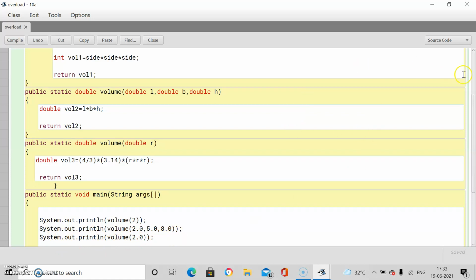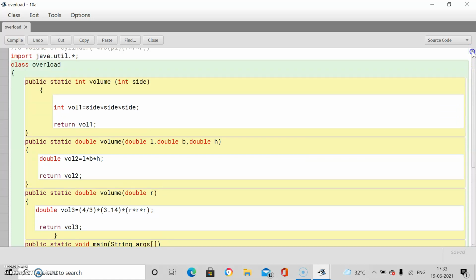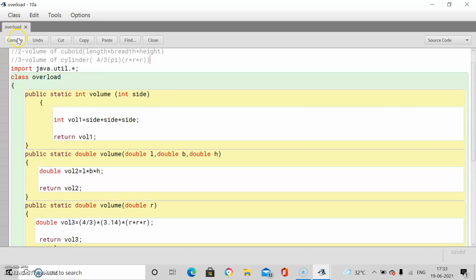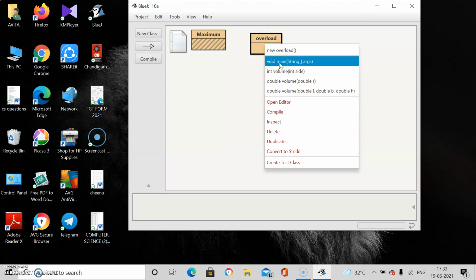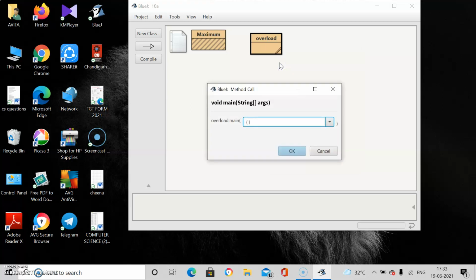Now compile your program. No syntax error is there. Close it. Right click. Only the main function you need to execute. Why? Because in main you are calling all 3 functions one by one. And the sequence you have given for calling them, they will be executed in that sequence only.